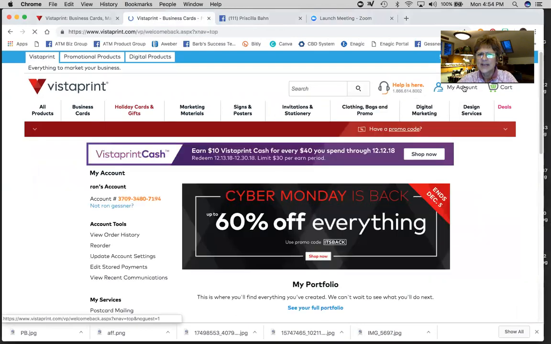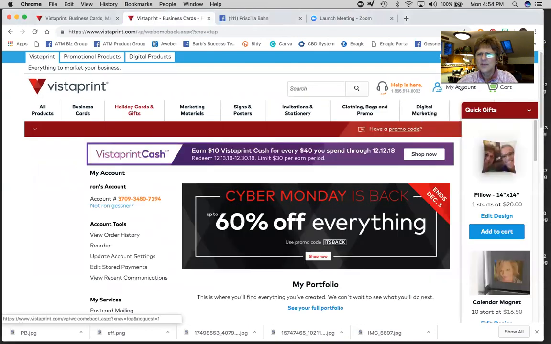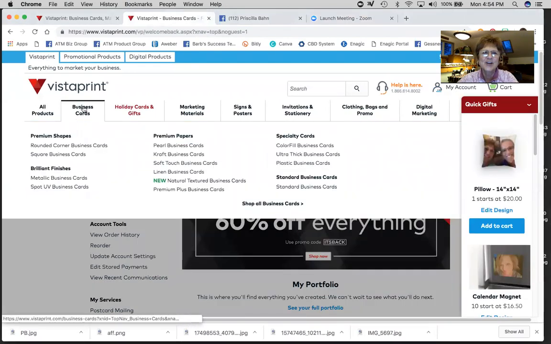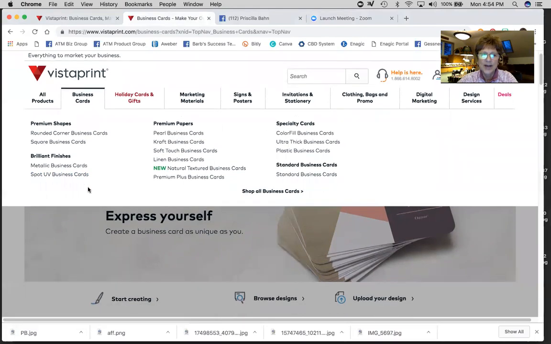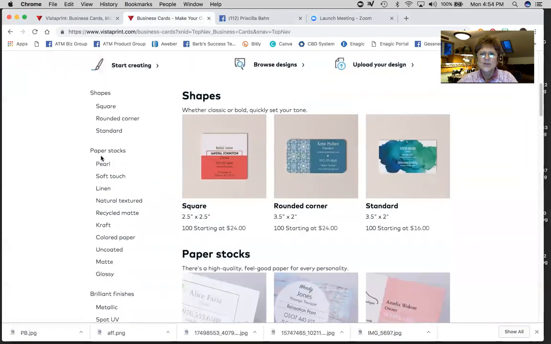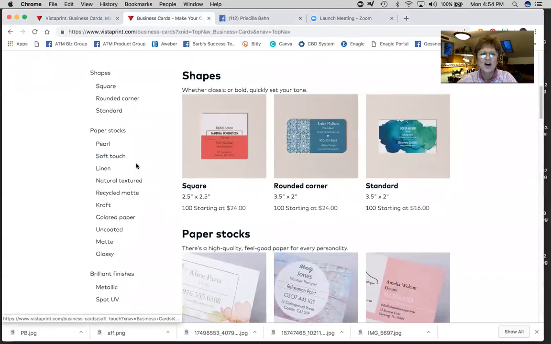We do have an account, and I believe I'm in the account. Let's see. Oh yeah, it says Ron's account. Okay, so once you're in here, you just click on business cards, and I'm actually going to do a business card for a friend of ours that needs one, and since we already have ours, you click on business cards and scroll down here until you find the